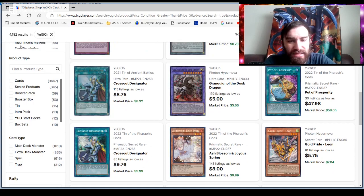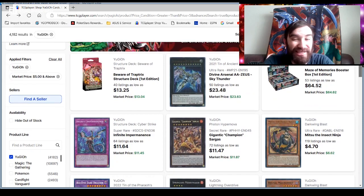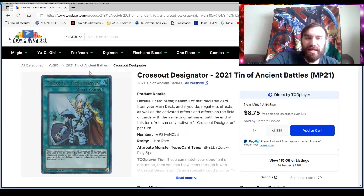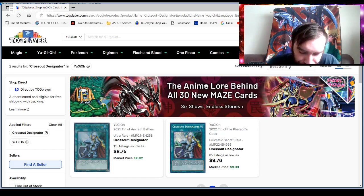Let's take a look at these, because these are the top 24 best selling cards over $5. Well, actually top 22, because 2 of these are not cards, and 2 of them are Crossout Designators. Crossout Designator is just this card that took a while to get going, but is starting to see play, because there are just some matchups like Sword Soul,